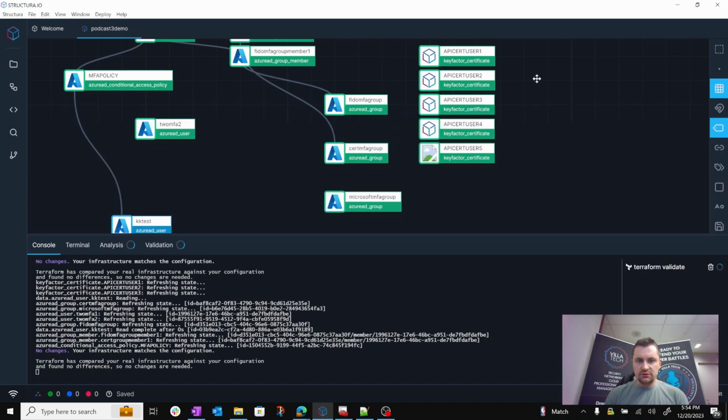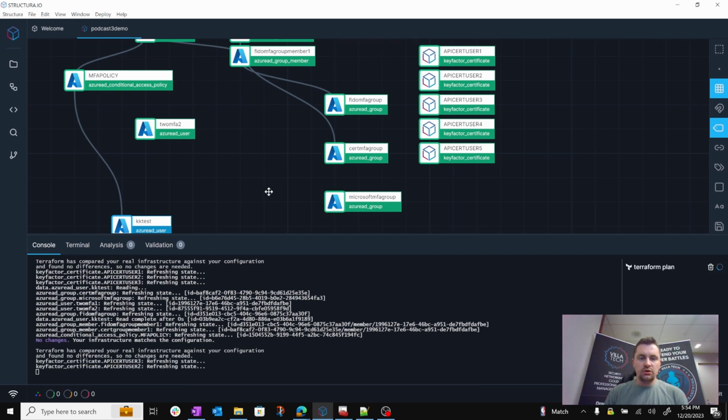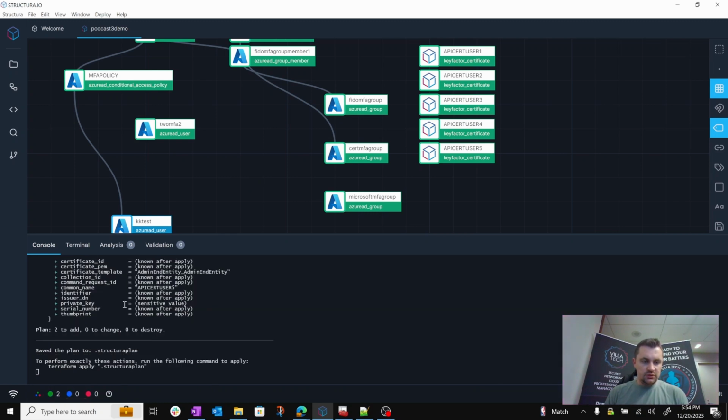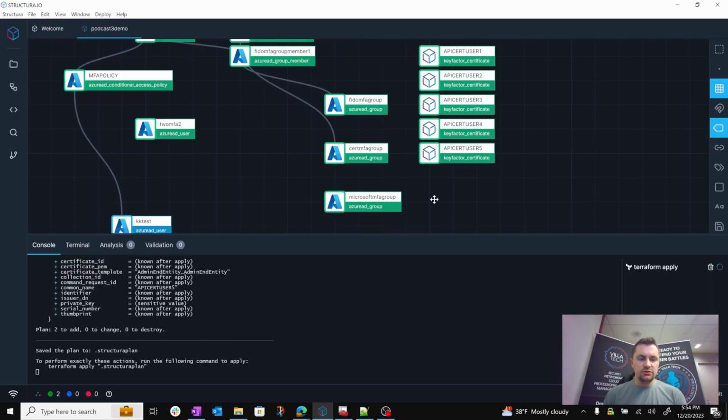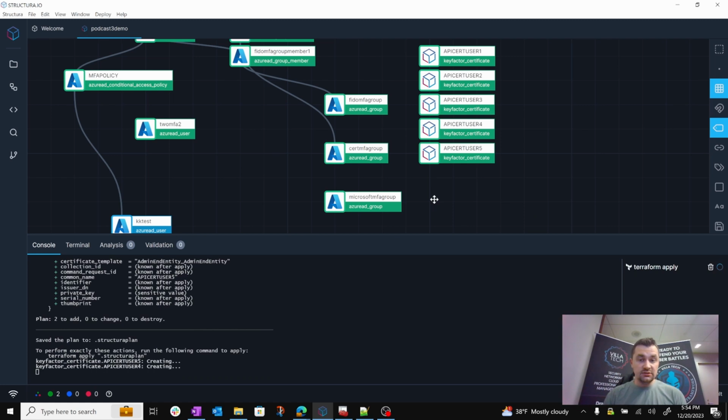Make sure that saves correctly, and we're ready to go. So why don't we go ahead and run the plan to make sure that the workspace captures all the changes that we are going to do. And as you can see here, once it goes through, our plan has 2 resources to add. So I'm going to go ahead and apply those changes to add the 2 newly created certificates that we created